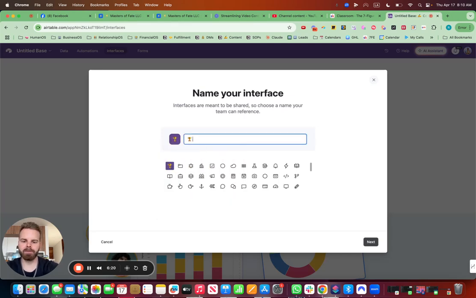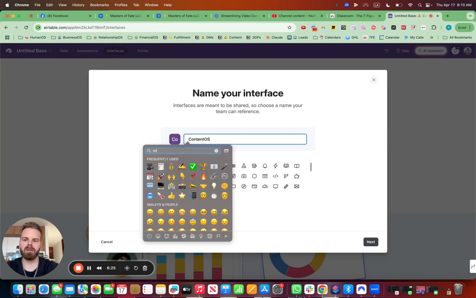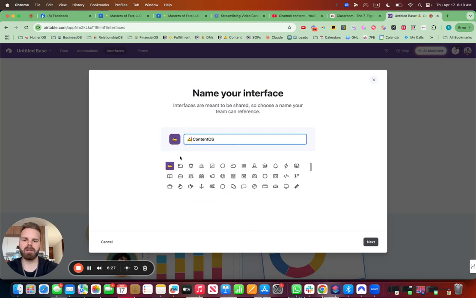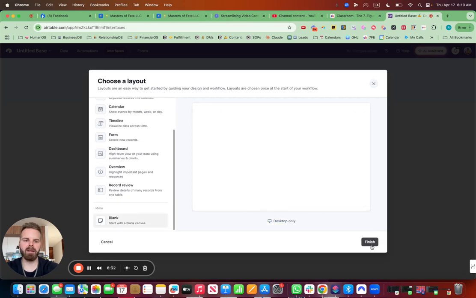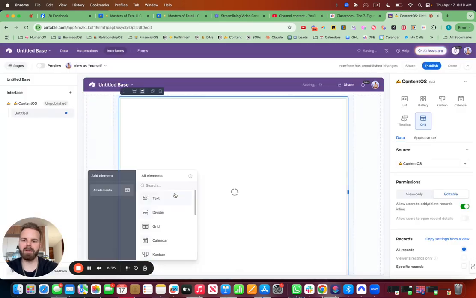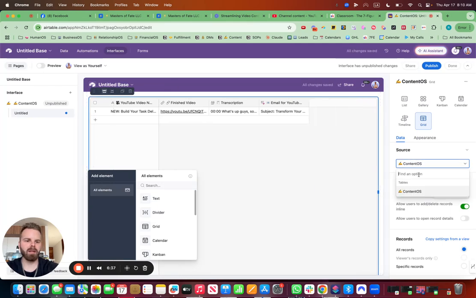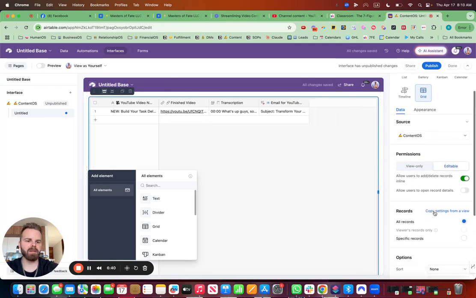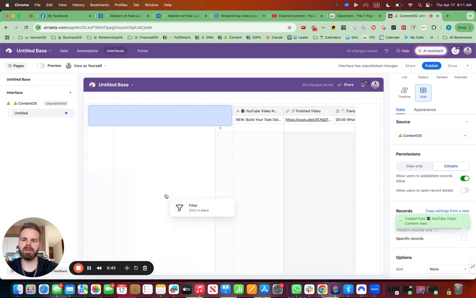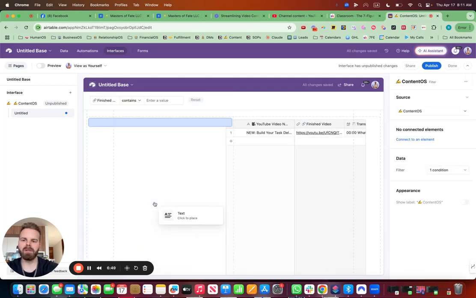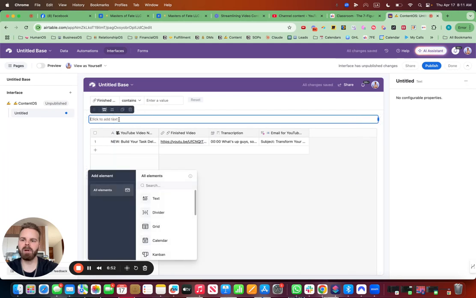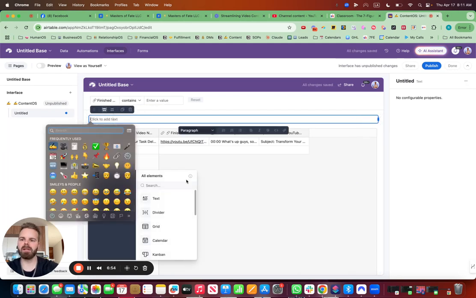Boom. And Content OS, let's use the same emoji. Right. Perfect. And then next, I'm going to start from blank, and I'm going to add the grid view in here. And I'm going to add the source as Content OS and then copy it from base. And cool things we can do here is add a filter function up at the top, give it a name. So add some text, boom, open that up, Content OS,